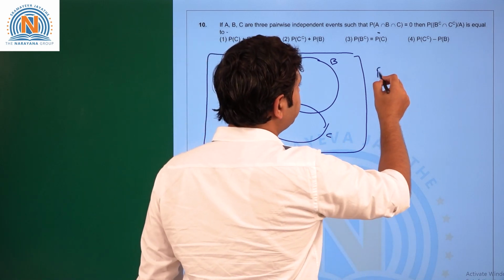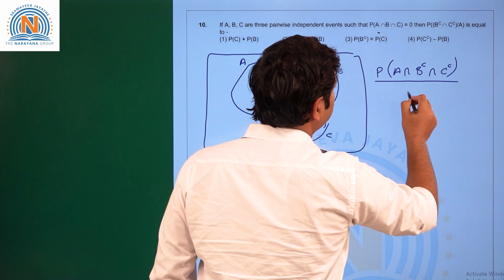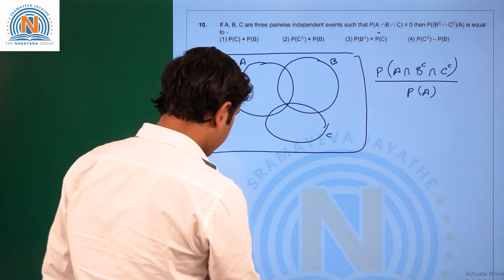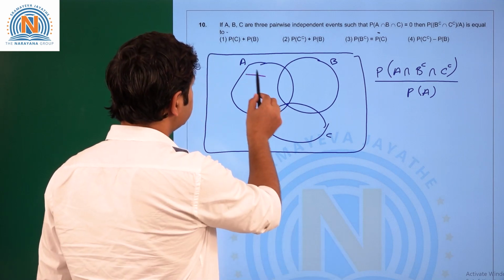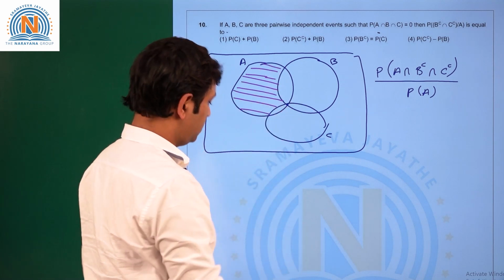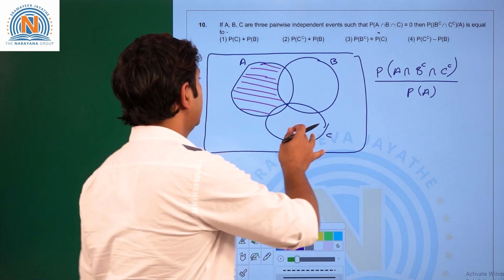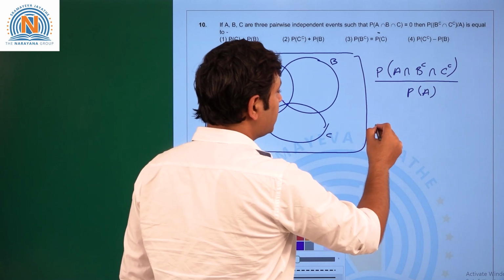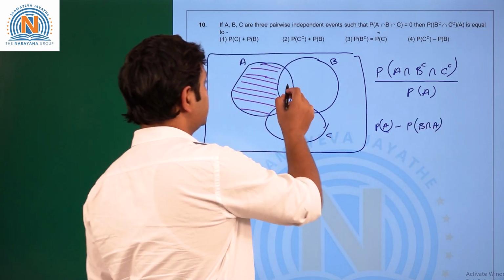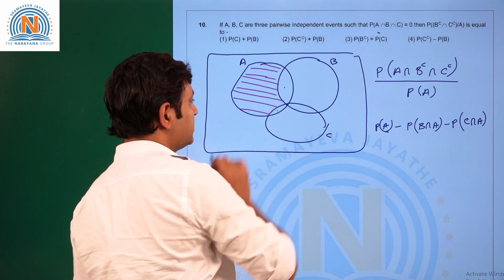Applying the formula, this will become P of A intersection B complement intersection C complement upon P of A. If you look at this set, A intersection B complement intersection C complement, you'll know that we are talking about this area, the probabilities corresponding to the events lying in this region. How can we write this region? As we know that A intersection B intersection C is 0, we can write P of A minus P of B intersection A, which is this region, minus P of C intersection A, which is this region,